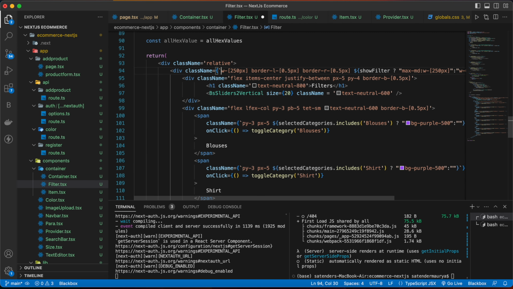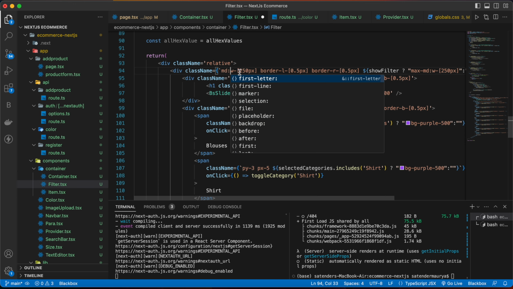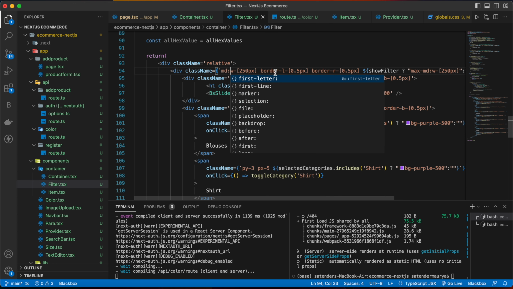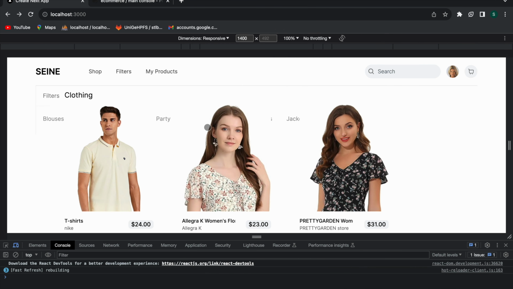The width will be MD, then width 250 pixels. Now save and go back here. Refresh the page. So fix this CSS as well. And now let's save. And here you can see that we got all the filters. Right now the opacity is 60%, so you are not seeing that clearly.